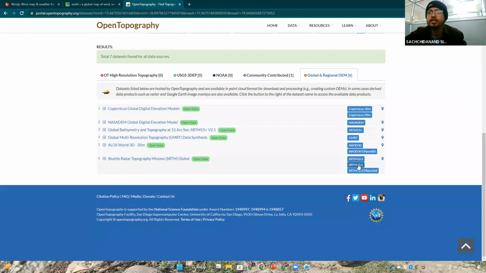It is having GL3, GL1, and ellipsoidal. So we tend to use this GL1. GL1 is having 30-meter resolution. GL3 is having 90-meter resolution. And this GL1 30-meter resolution with some different kind of projection system it is there. So we will be using SRTM GL1. So we'll click there,